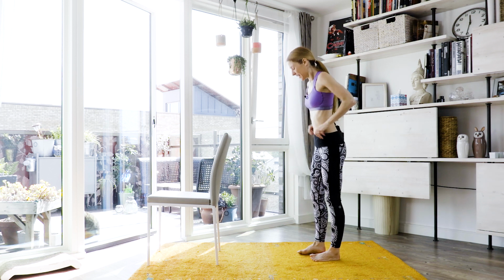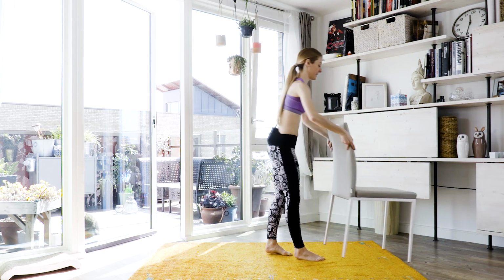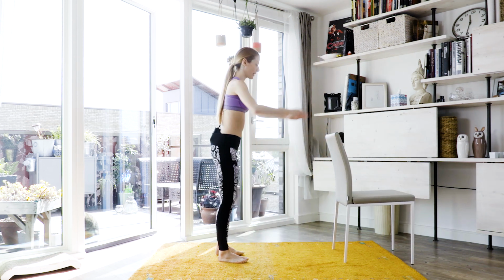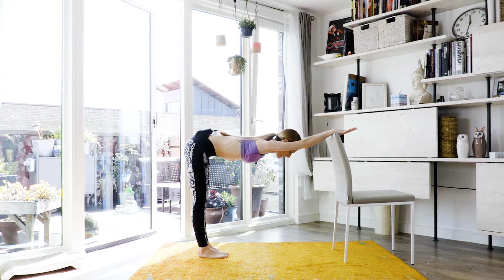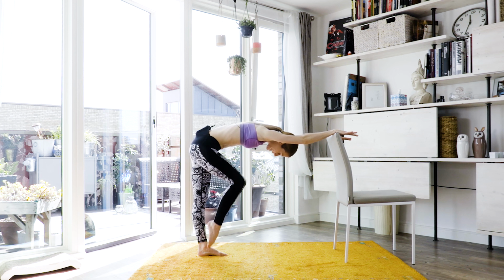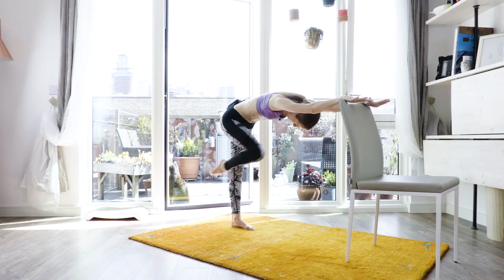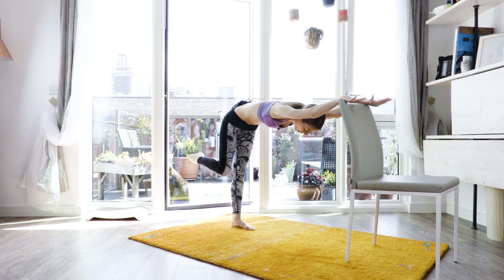From there, I'm gonna turn around so you can see better. We're gonna go flat back onto the top of the chair. We're gonna go knee up, straight to the back, curl in